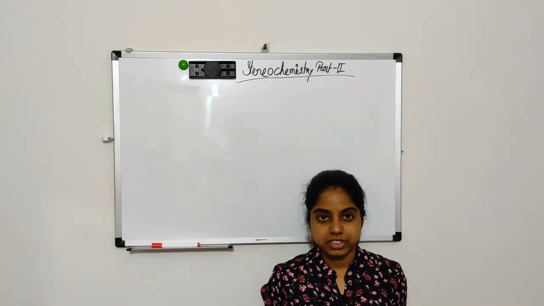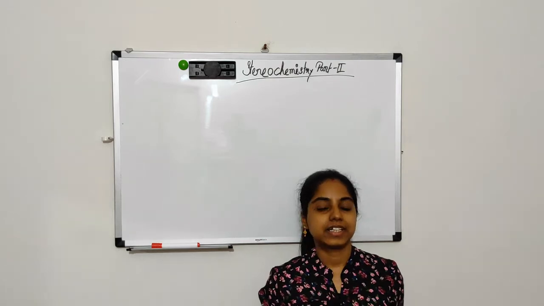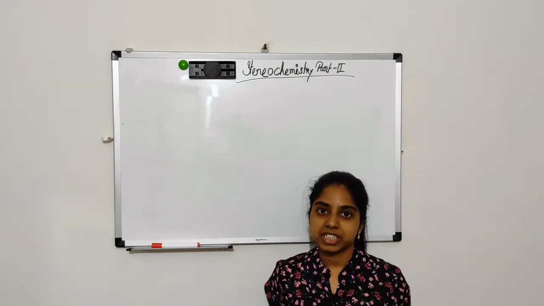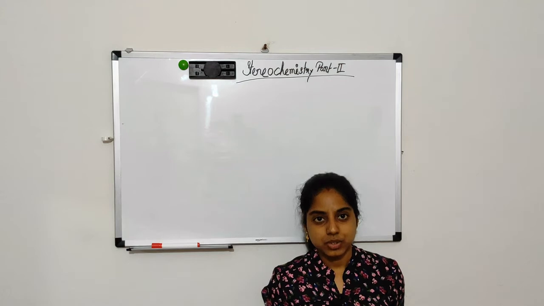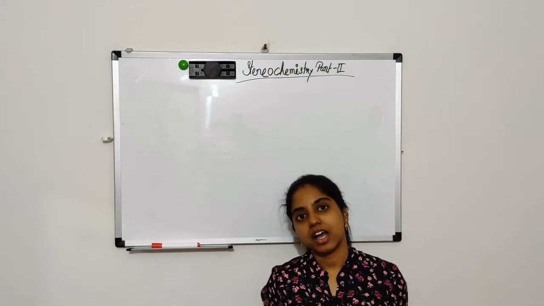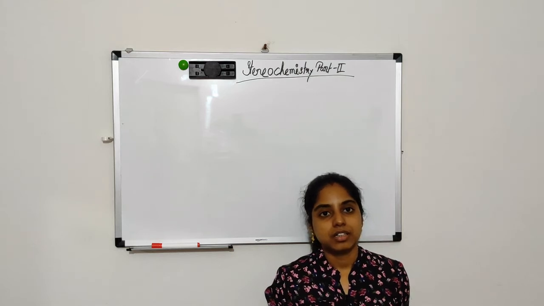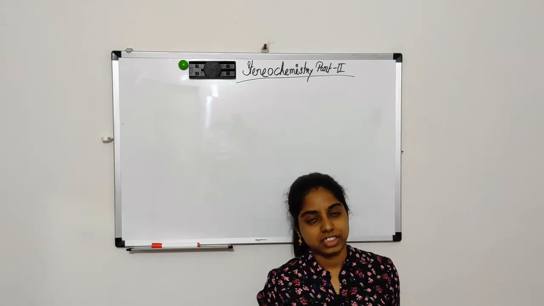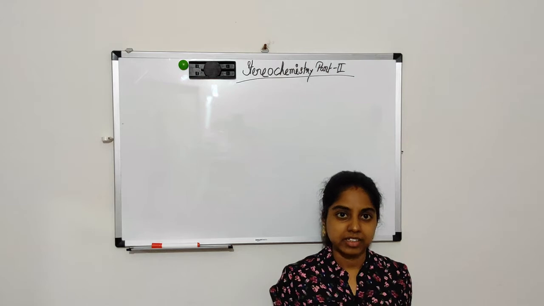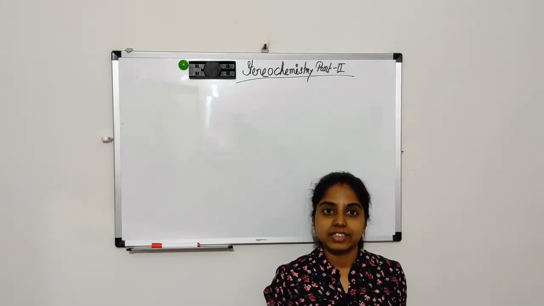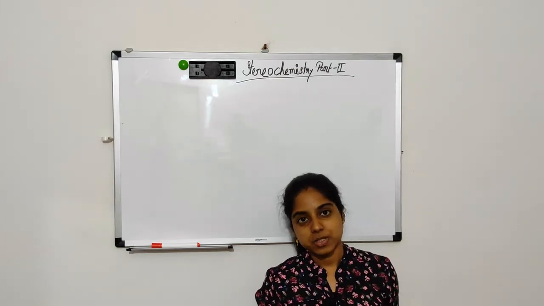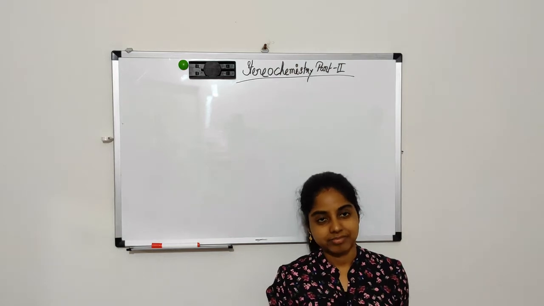So stereospecificity describes the reaction mechanism, and stereoselectivity describes the reaction outcome. One reaction can be both stereoselective and stereospecific at the same time, since they describe different aspects of the same reaction.